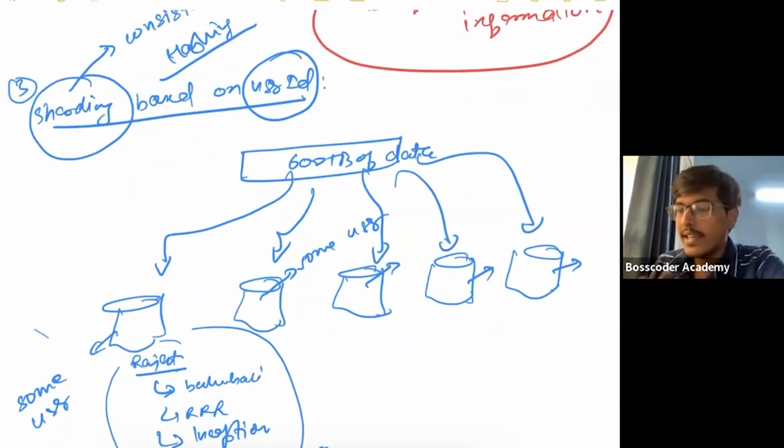Is this clear? A quick yes. What is sharding based on user ID? Is it making sense? Now this will work, right? Because if you want to get all the movies that you have watched, you only have to go to one database, right? A quick yes if this is clear. So this is something that we will use, sharding based on user ID.